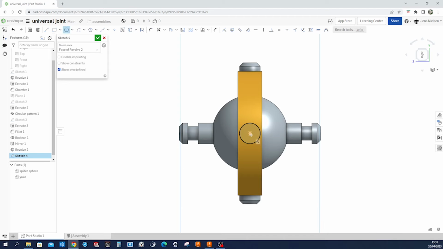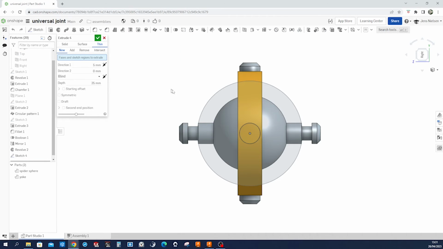Make a circle with that same origin and dimension that with, let me have a look at my part here, 122, 122,